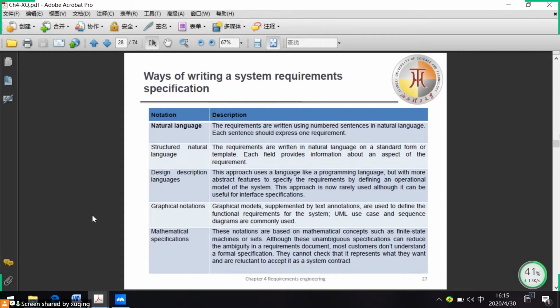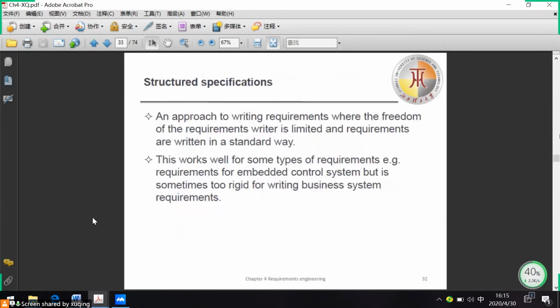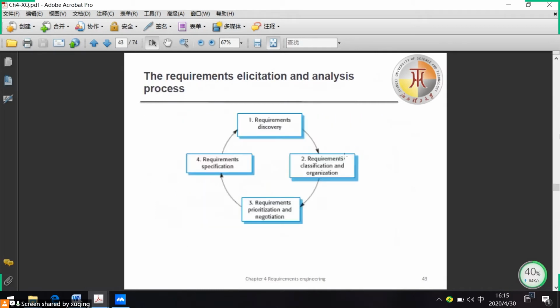Normally, also the first chapter, it should be somewhere. Yeah, here. You see, these are the 4 activities of the requirements elicitation. When you answer this question, you can choose to describe it with a graphic presentation. You can also write it with text, but you should also describe a little